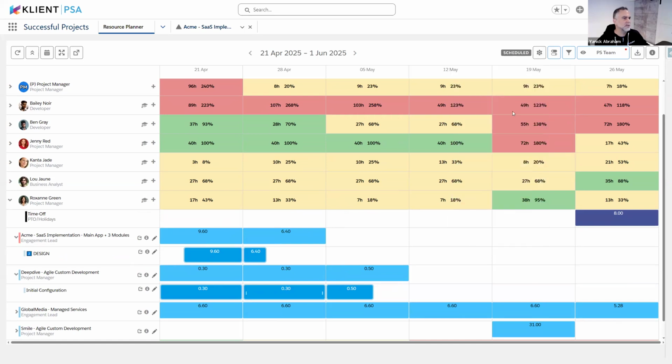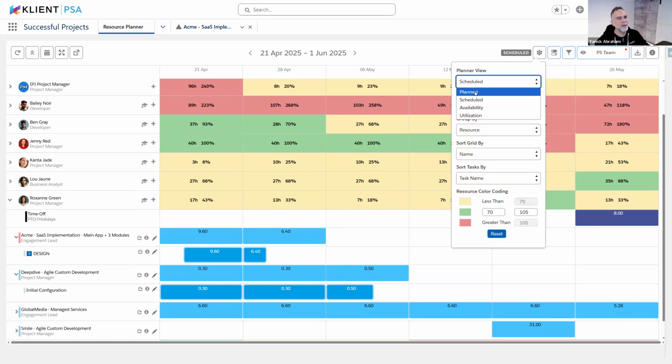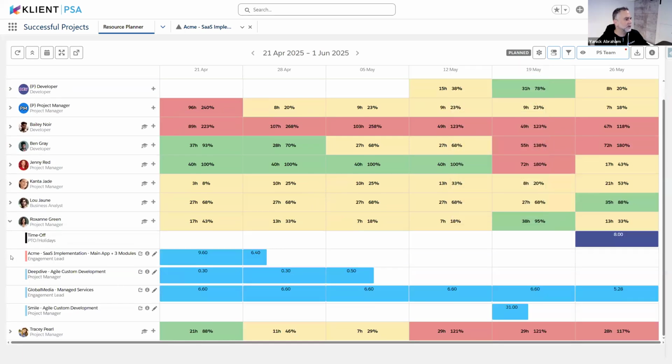Schedule means that you see the task. If I'm changing back to my plan view, now you can see I don't have that chevron or that icon to expand, because those are the hours on the project solely. And there are benefits of using both. This being said, we do want to encourage our users to create tasks underneath their project and use the schedule